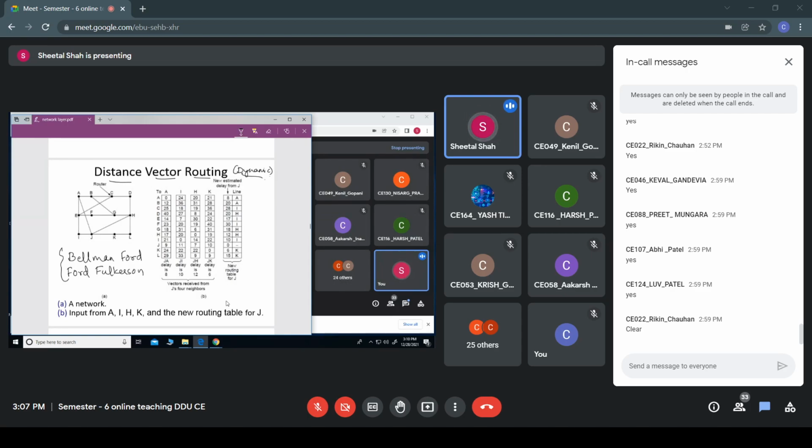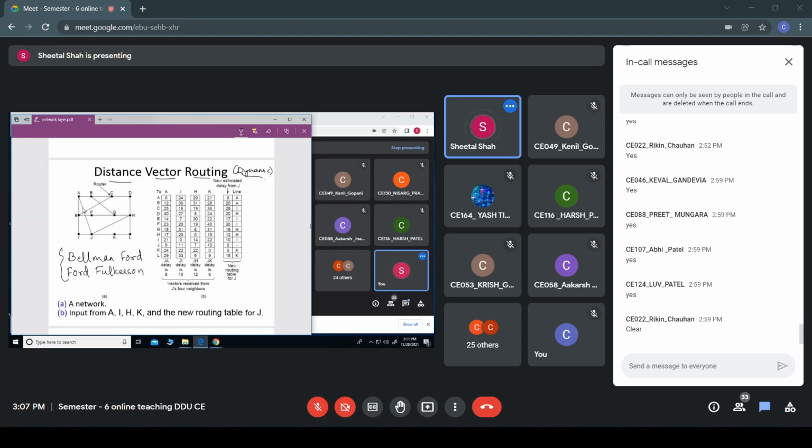In this distance vector routing, every router maintains a table to show how one router can reach the other routers, and it also maintains some metric, the cost at which it can reach the other router. For that, it maintains a table. Okay, and this table would be exchanged with the neighboring routers.